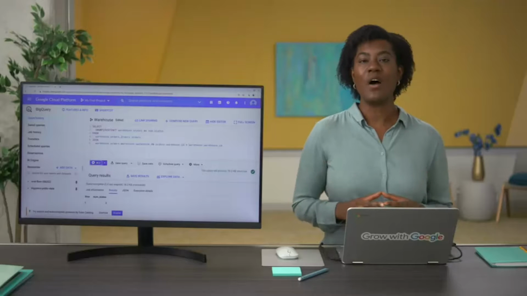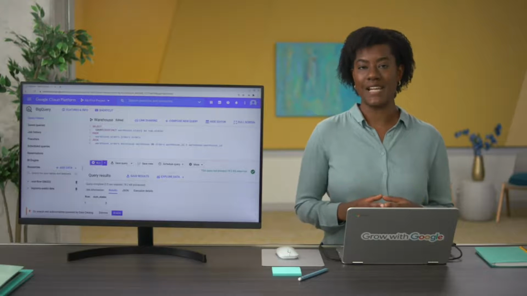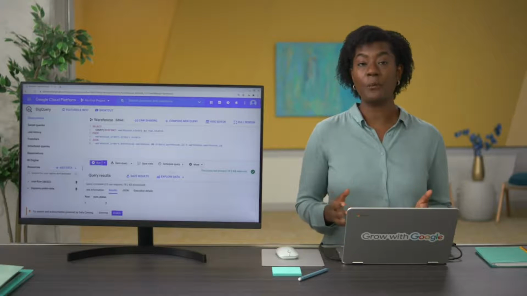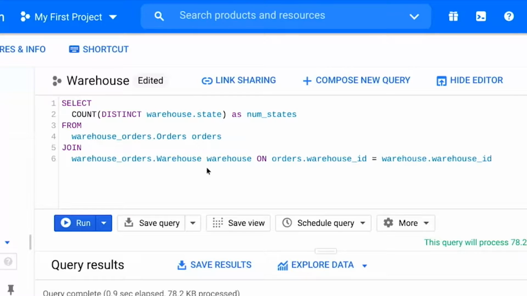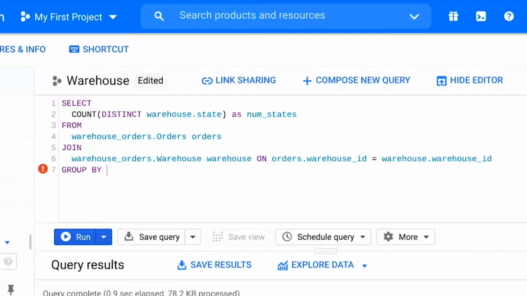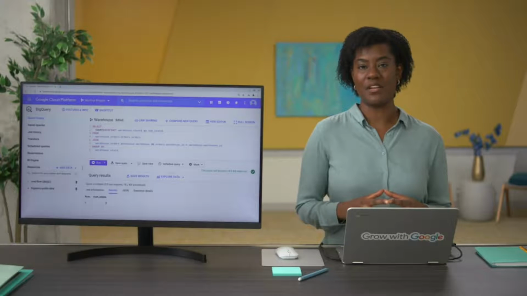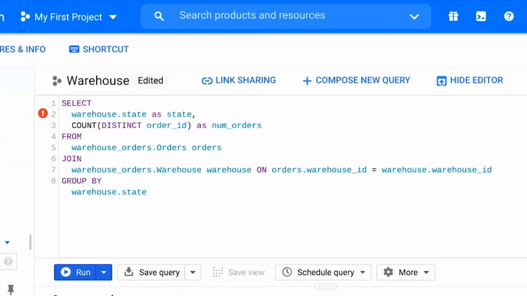Let's check out what happens when we group by the state column in the warehouse table, which we'll call warehouse.state. We'll use join and group by in our from statement. So let's start there again. And then group by warehouse state. Now, let's build out our select statement on top of that. We're still going to use count distinct.